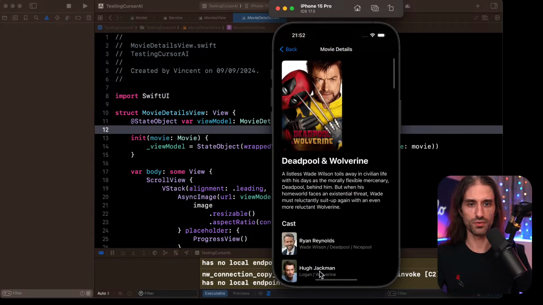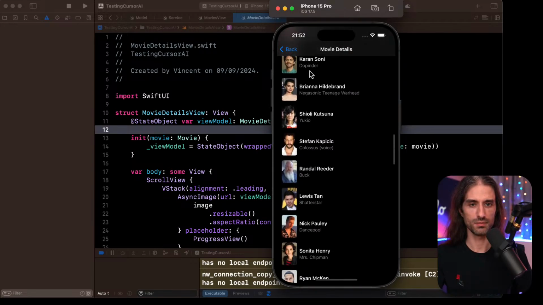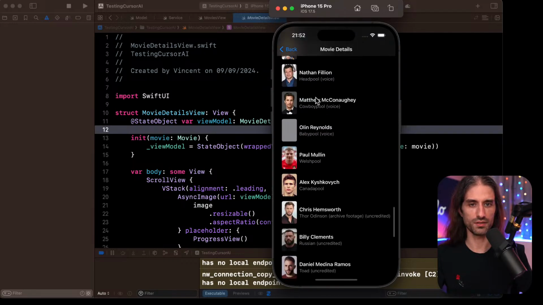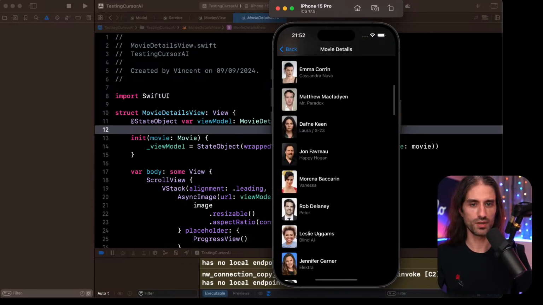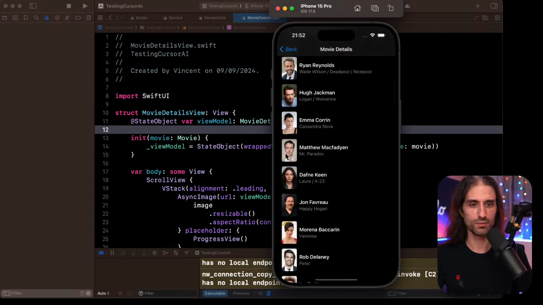And yeah, we have a scroll view, but the scroll view gives a nice look. I haven't seen the movie Deadpool and Wolverine, but I didn't expect Matthew Macfadyen to be in there.